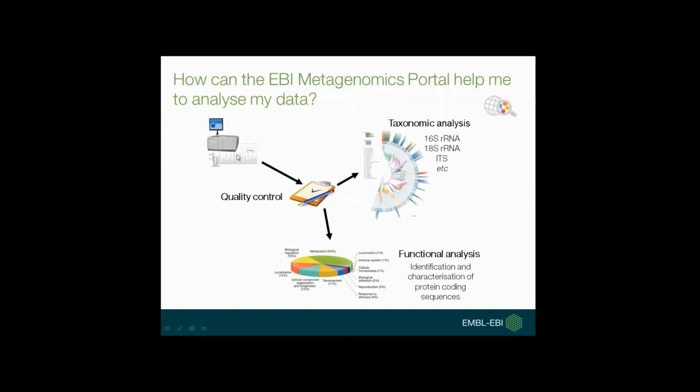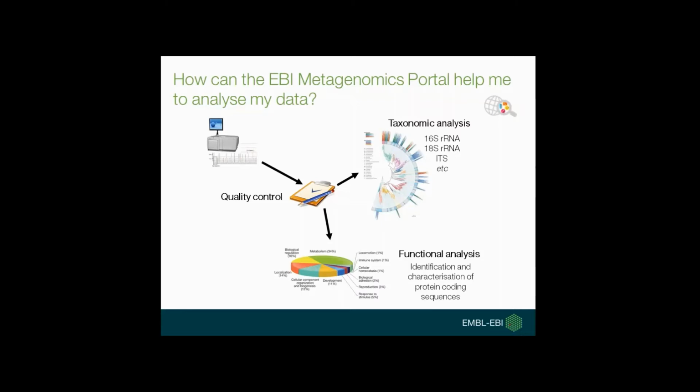You do your sequencing experiment, then we can help you. Our metagenomics portal can provide quality control steps with your data, so make sure that you only have sequences with low error probabilities, and then we can do various different analyses for you. We can do taxonomic analysis, where you can find out from your sample what's in it, which operational taxonomic units, and